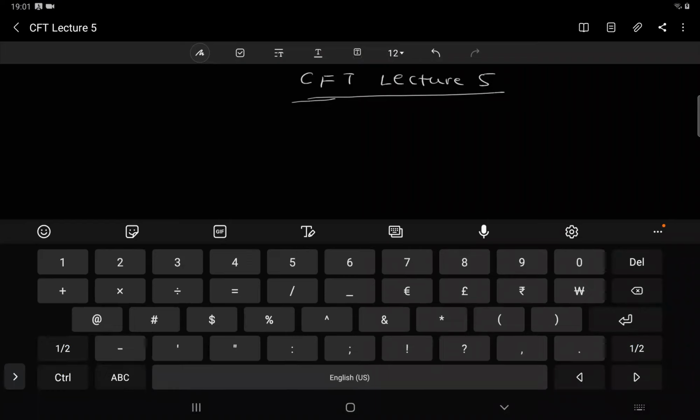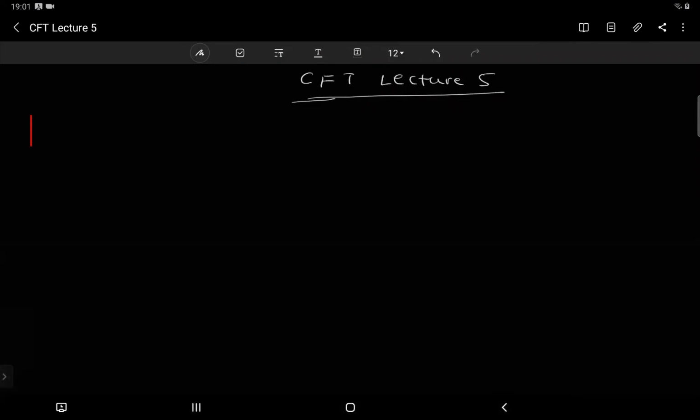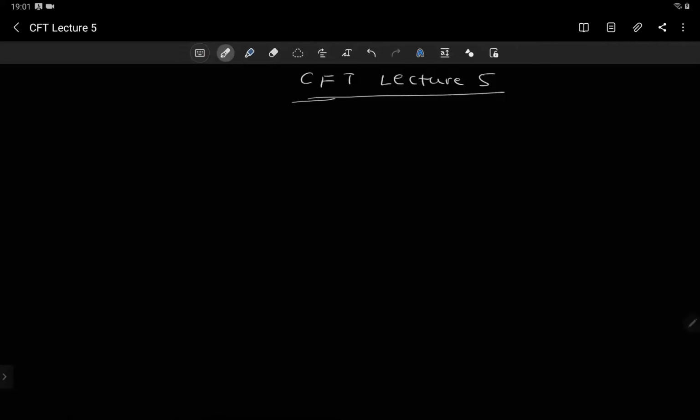Okay, so I'll start the lecture. Today we will try to finish the space-time part so that we can start with the classical conformal field theory. I'll start by summarizing whatever we have done till now, and then I will discuss the 2D part which was left last time, and then we will start the classical conformal field theory. So just to summarize,